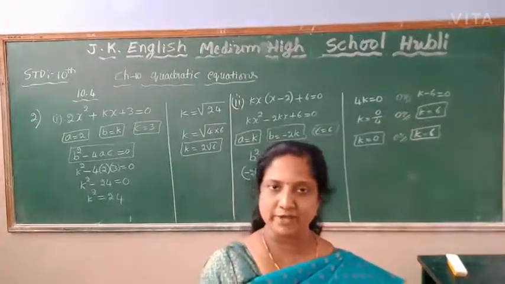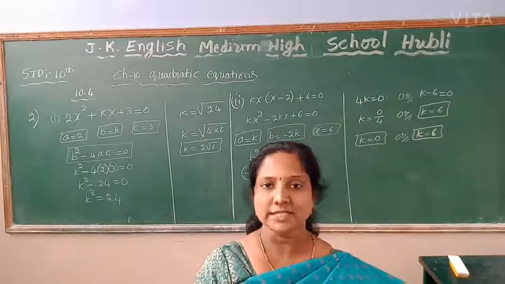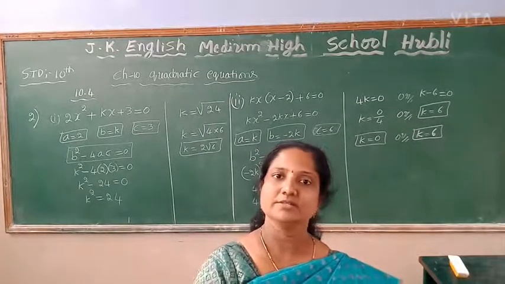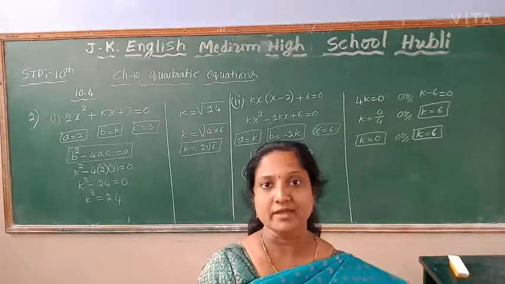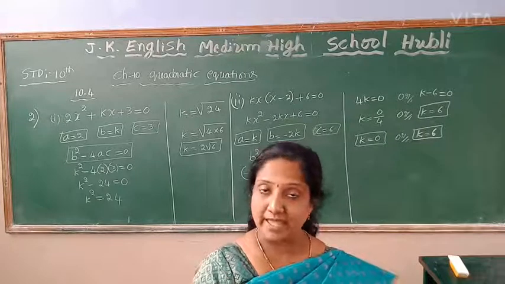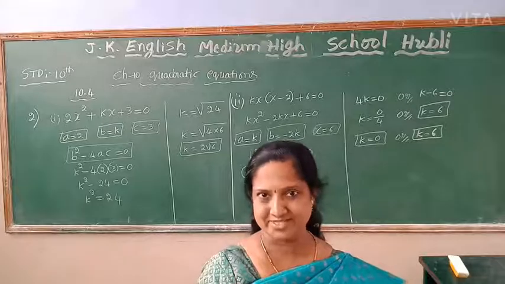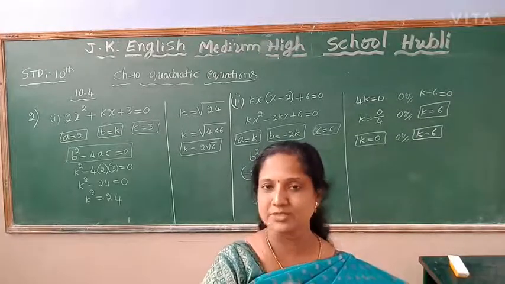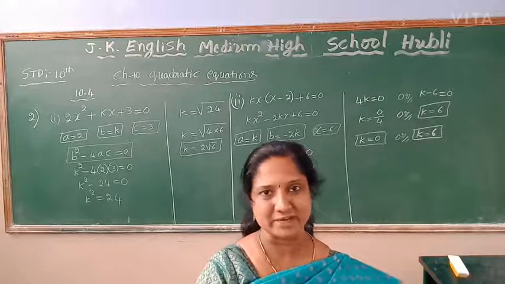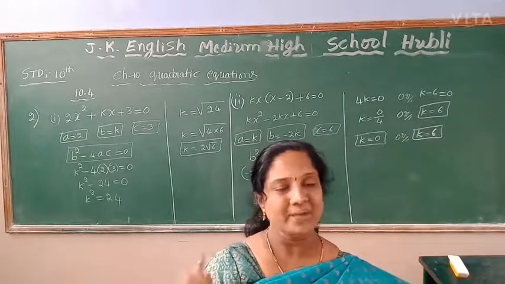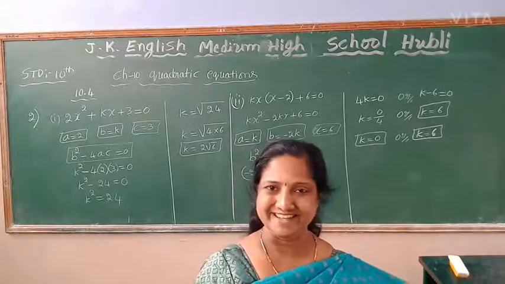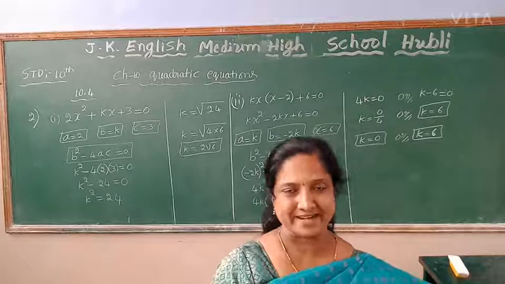Here in the quadratic equation, some term they gave k and we have to find out the value of k when the condition is they have equal real roots. We have to remember in our mind, if they have equal real roots, the condition is b square minus 4ac should be equal to 0. By applying that condition, we can find out the value of k, children. Write down. Okay? Daily practice maths.